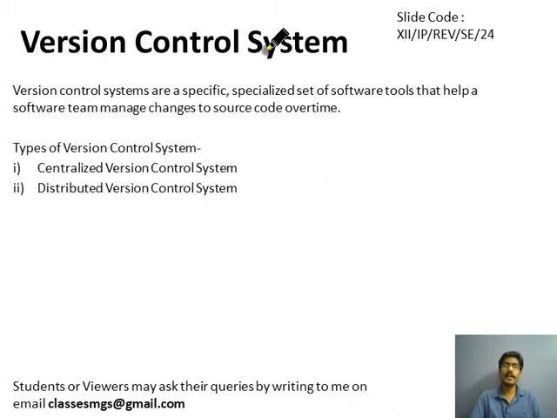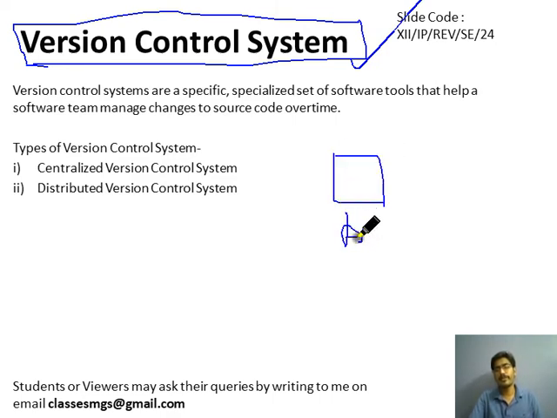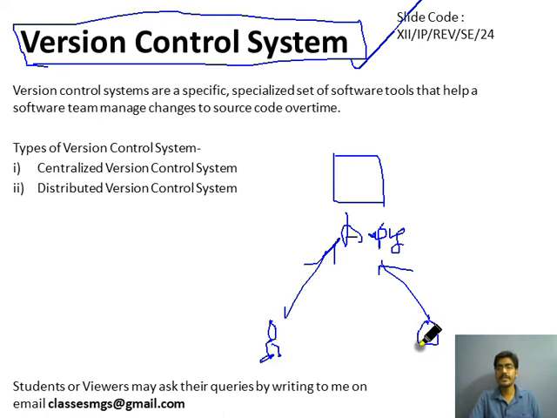Now we will see another important topic, version control system. A version control system is basically a system that helps when, let's suppose, I am writing Python code in an a.py file, and developer 1 is writing code in the same file, and another developer is also writing code in the same file. This happens when there is the same machine and both are working at the same time.